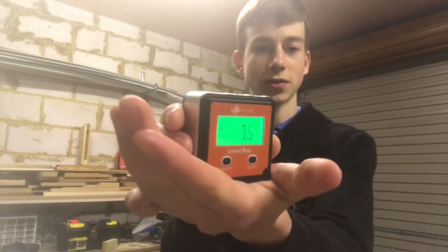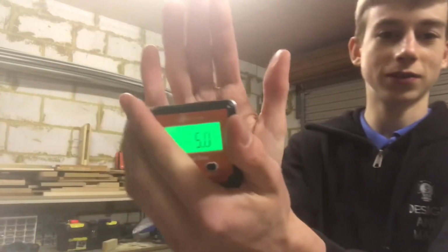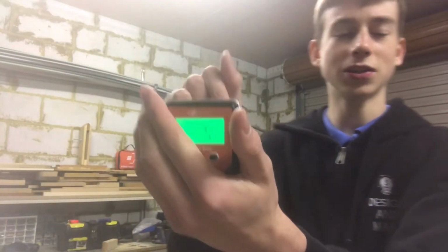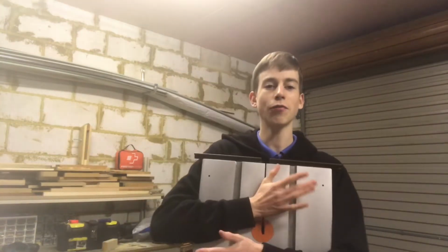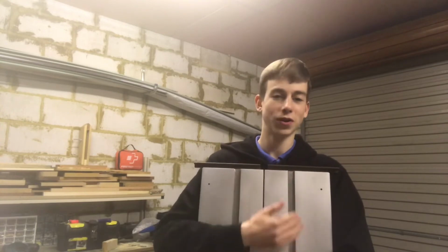So I don't know how well you can see that, but if I try and focus the camera behind it, essentially this tells you the level of your table. It's got some magnets on the bottom so you can clamp it to your platform, whatever you're using it on. I've been really working on cleaning this up, getting it all nice and polished, because I